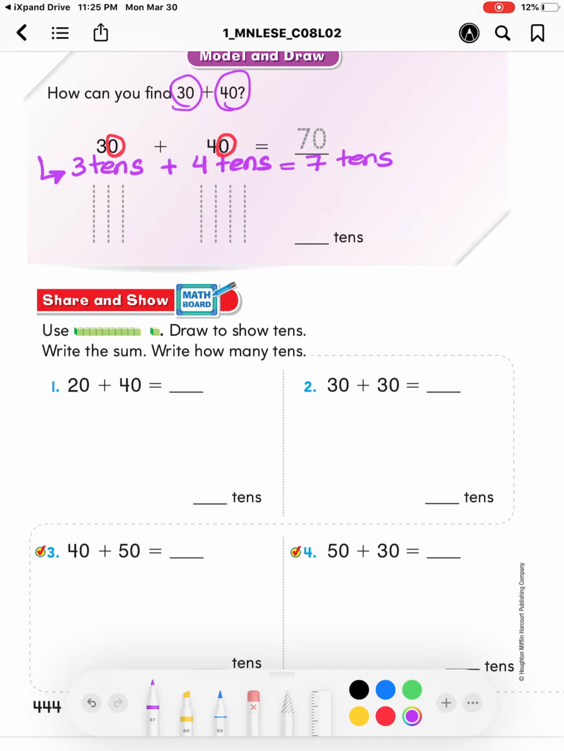What can you draw for a quick picture for 30 plus 40? Let's do it together. We will draw 3 lines to show 3 tens. 1, 2, 3. What about the 4 tens? We are going to do the same. We are going to draw 4 lines to show 4 tens. 1, 2, 3, and 4. So can you count with me how many tens we have? 1, 2, 3, 4, 5, 6, 7. So we have 7 tens. Okay? Now,